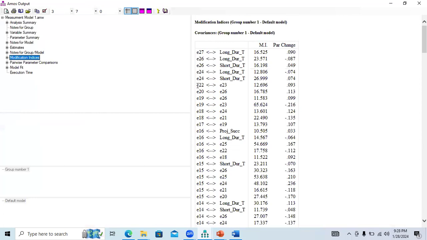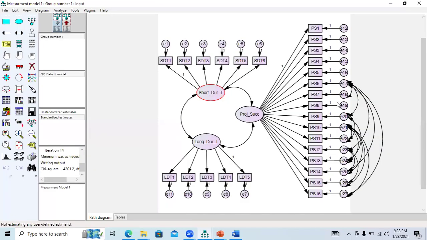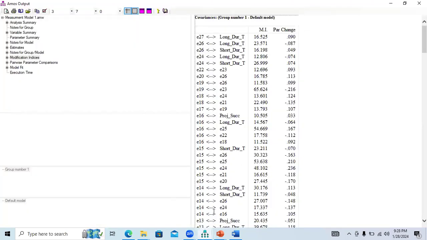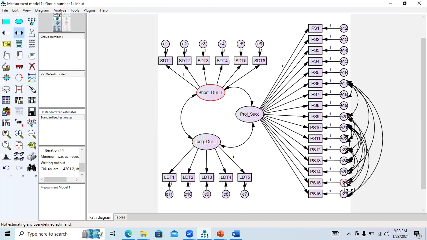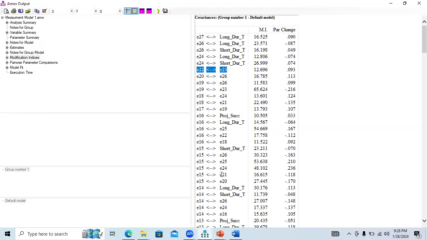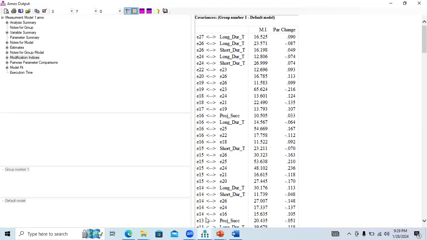Now we need to see E22 with E23. Yes. Then I need to see P20 with P26, yes, to see P19 with P26, then I need to see P19 with P22, P23,